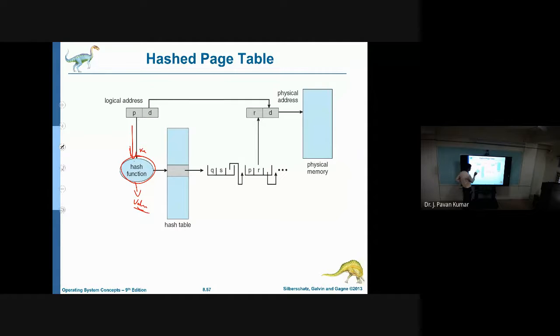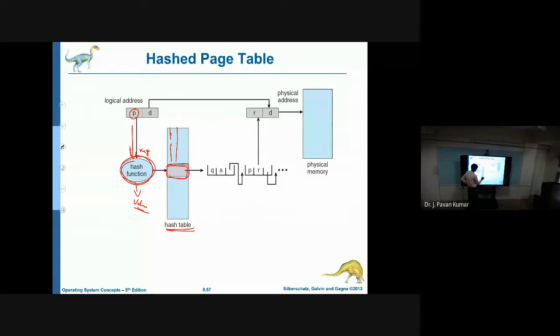Just we will be having some mathematical formula here, based upon this key. If you substitute there, then we will get the value, so that we will come to know this is the entry. Earlier this P itself we used to index, directly searching for P in this page table. Instead, we are maintaining the hash table.